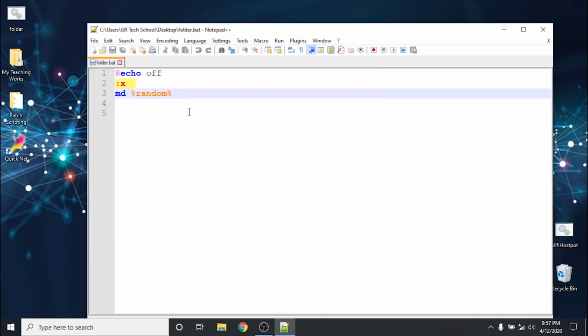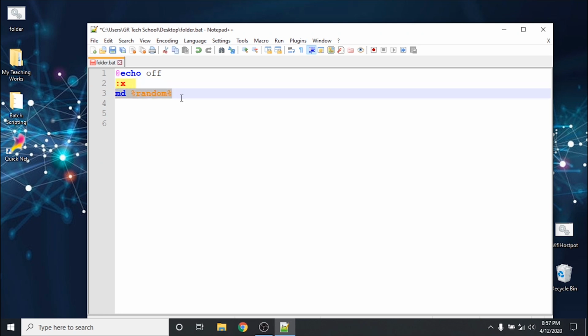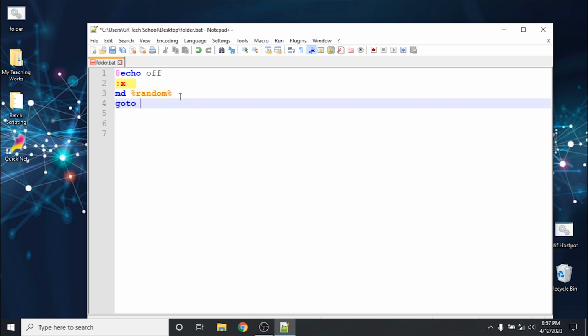Then what I need to do has to be done in a loop. When you run this code, it will make a random number. Then you need to go to x, which means you need to jump to x. It's just like jumping. For example, this will never end. When it hits this line, it will create a